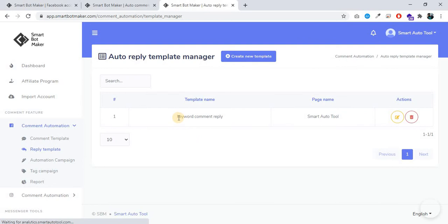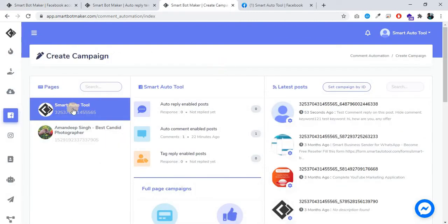Okay, you can see keyword comment reply. Now we are going to test this comment reply. Go to automation campaign. Select the desired page. Now go to the post.